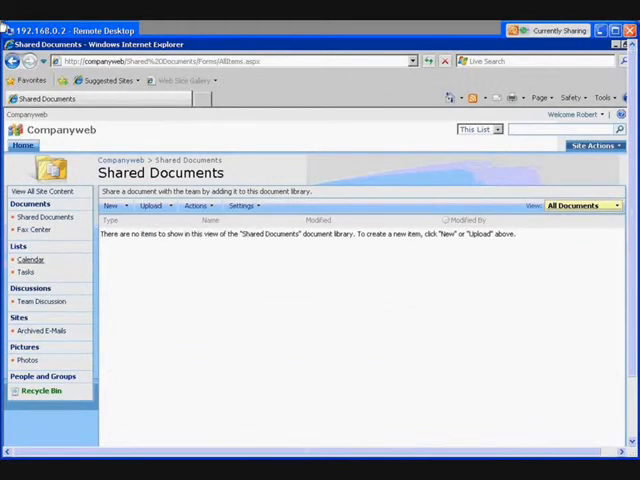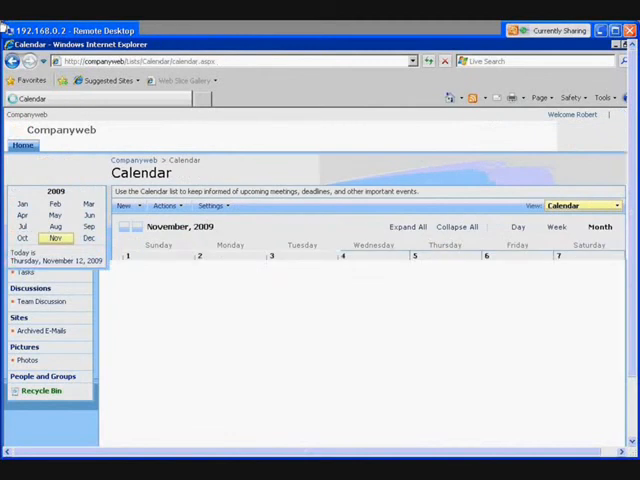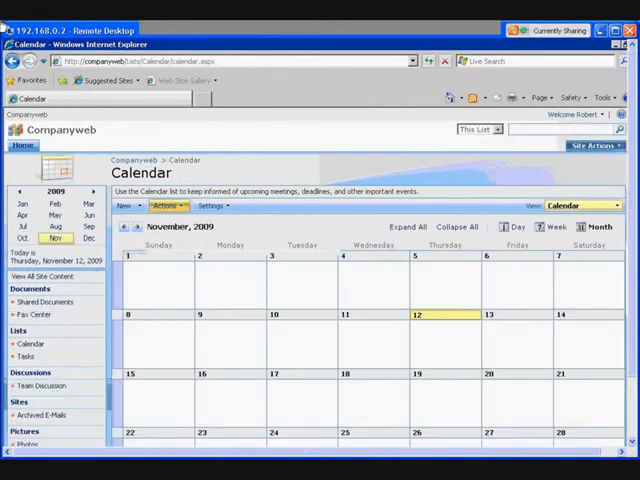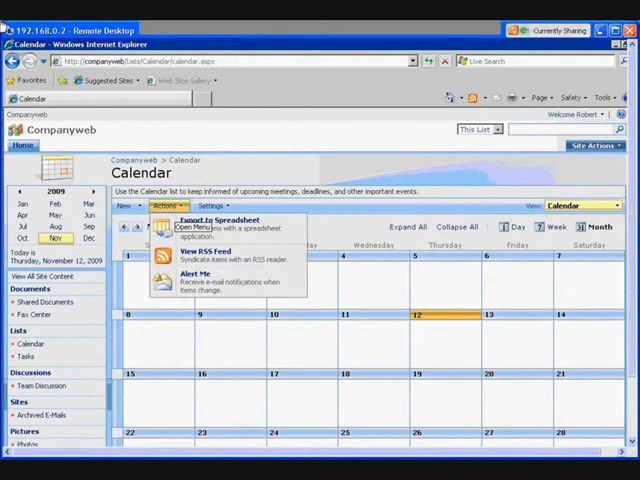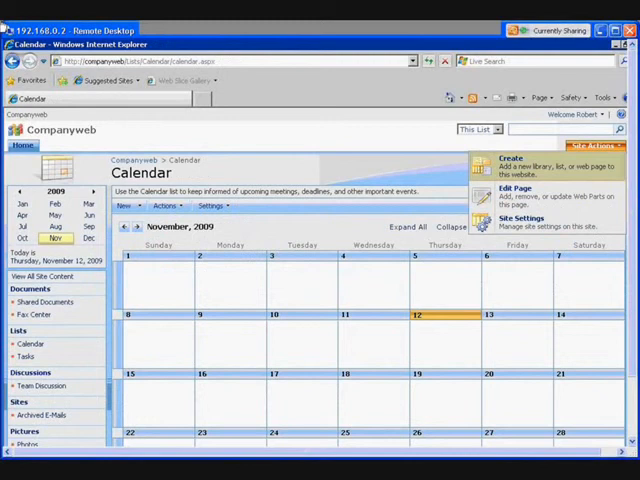I can work with things like calendars. So again, I can add calendar items. I can export to a spreadsheet. I can link via RSS, and I can set it up so it sends me email alerts when things change. Importantly, as I mentioned, it's easy to create, edit